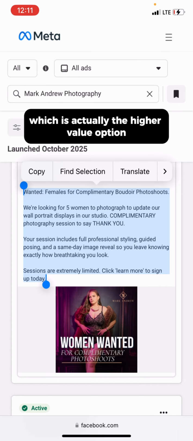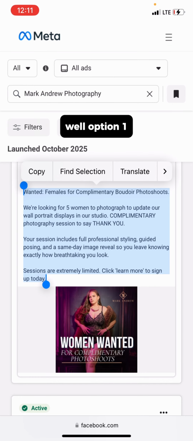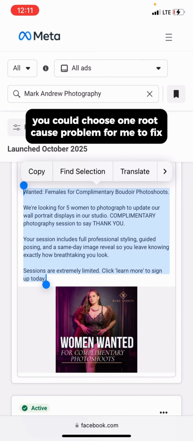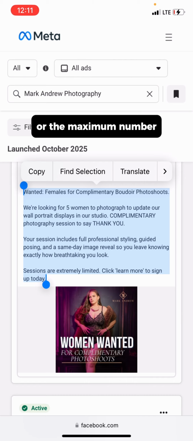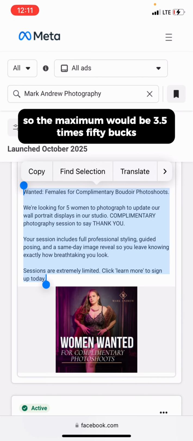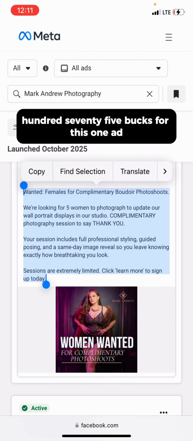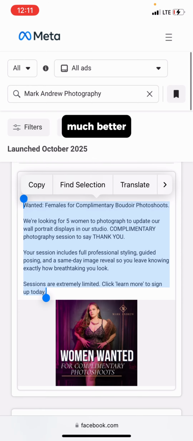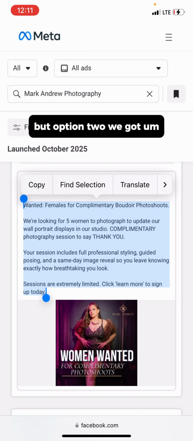Next we got option 2, which is actually the higher value option. Well, option 1, you could choose 1 root cause problem for me to fix, or the maximum number. So the maximum would be 3.5 times 50 bucks, $175 for this one ad. Fix it up, get it rolling much better. But option 2, we got